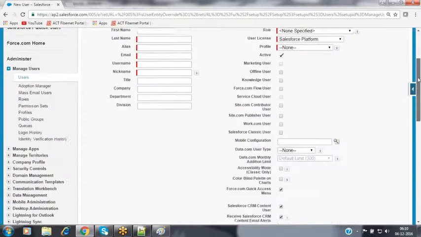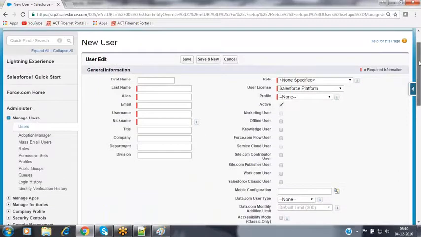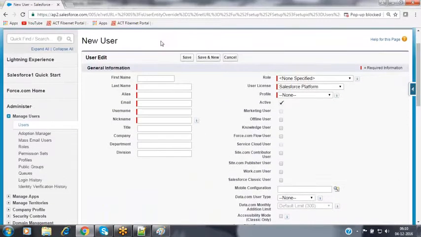So this is the form that we have in order to create a user. Whenever you are joining an organization as a Salesforce developer, your project manager will collect all your details, and then they will pass those details to one of the members inside the team who is working as a Salesforce administrator. Now that Salesforce administrator will create a new user record by entering your details inside this form only.